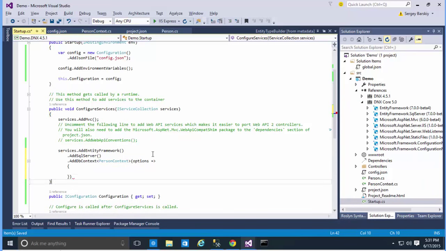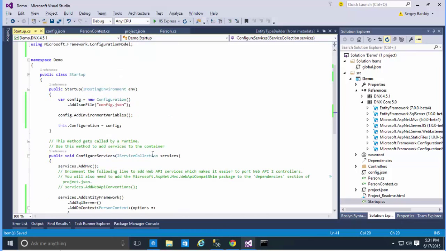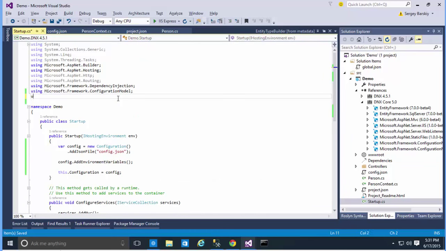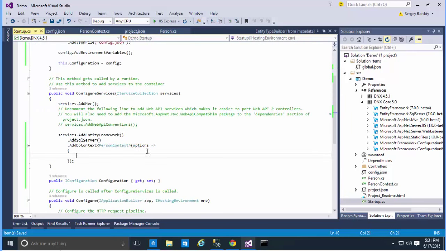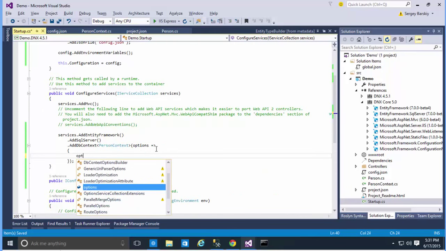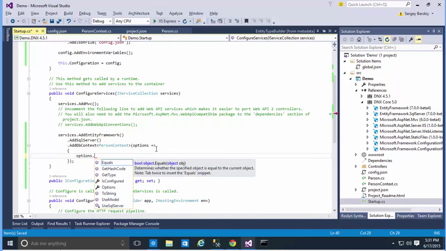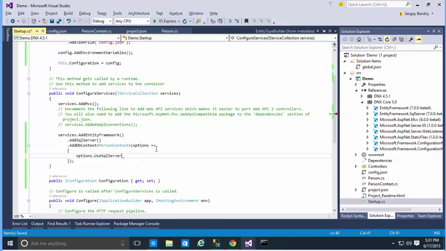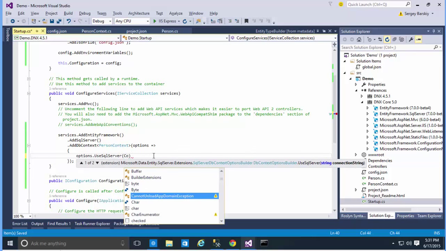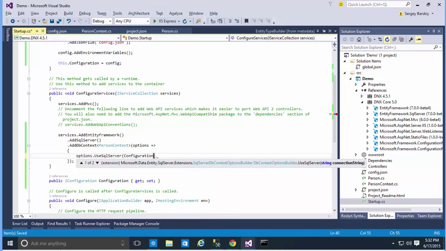We're going to need a using statement for that. We're going to add using Microsoft.Data.Entity, which is where some of the configuration methods are. And we're going to say options.UseSqlServer, and here we need to specify the connection string, and we're going to use this configuration property we just created, and we need a key,